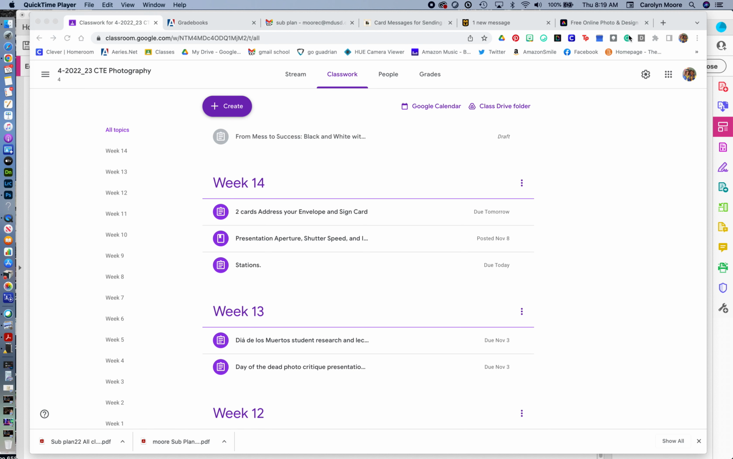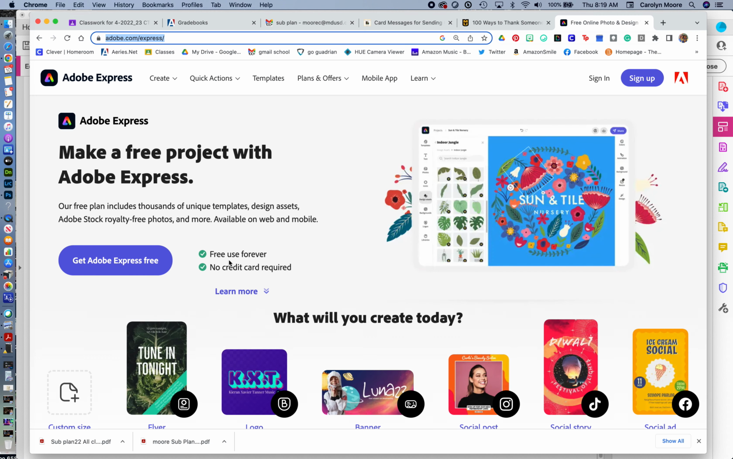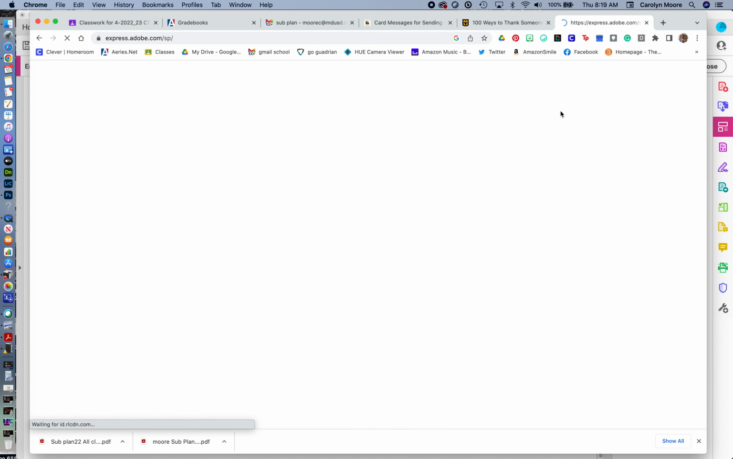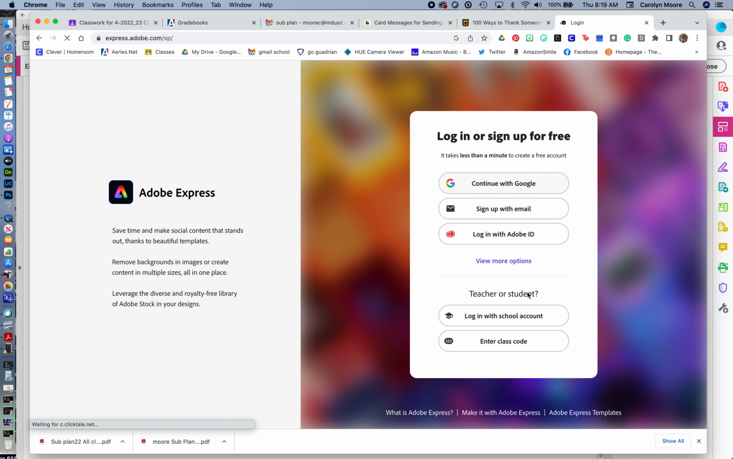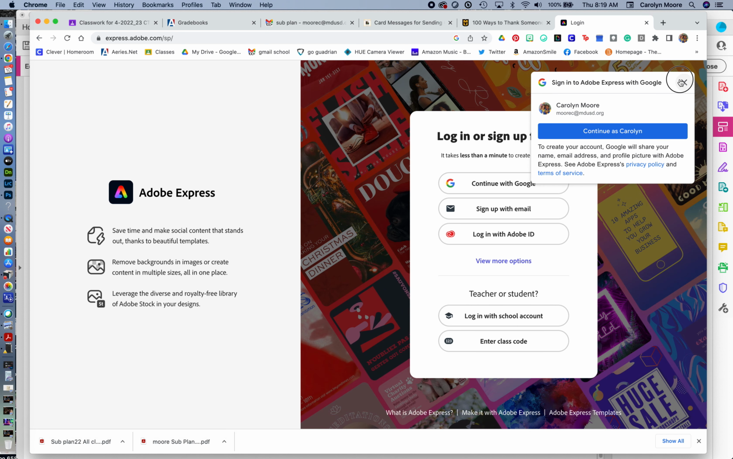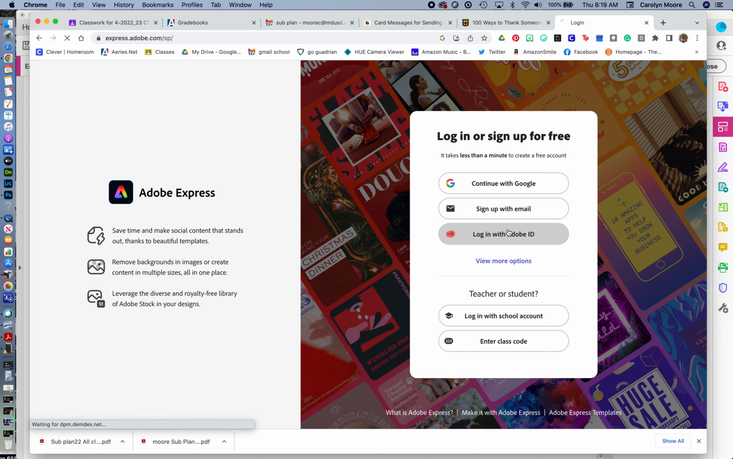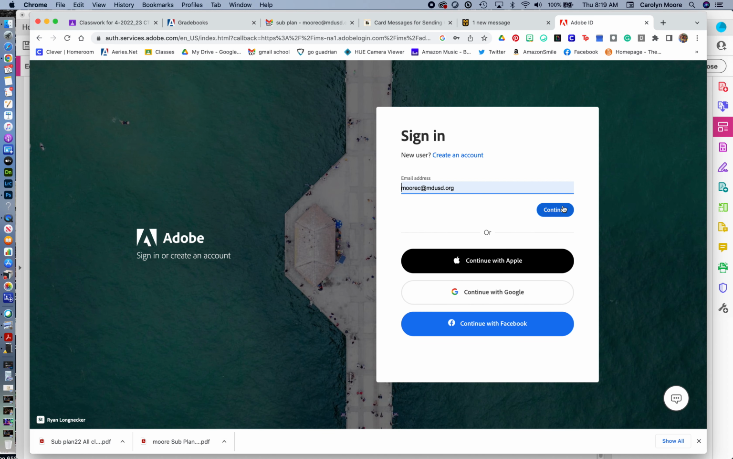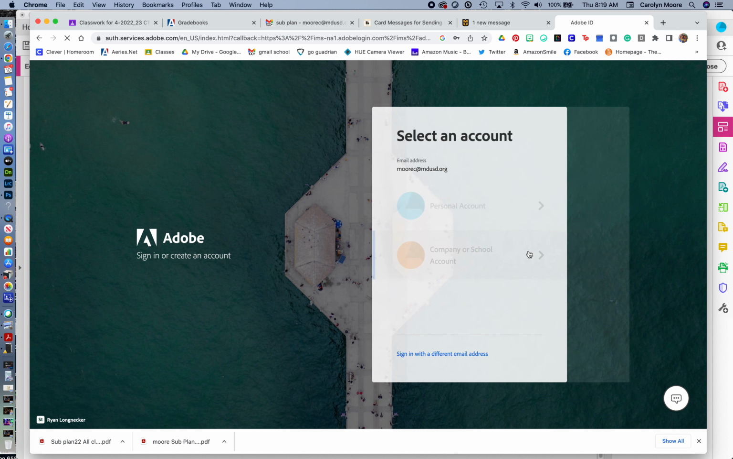But you're doing your two cards today. First thing you do is you go to adobe.com/express. You're going to sign in. Make sure that you're signing in with login with Adobe ID. Remember that we are on a corporate account, so you do Adobe ID, and then you say your email address for the school, company and school account,